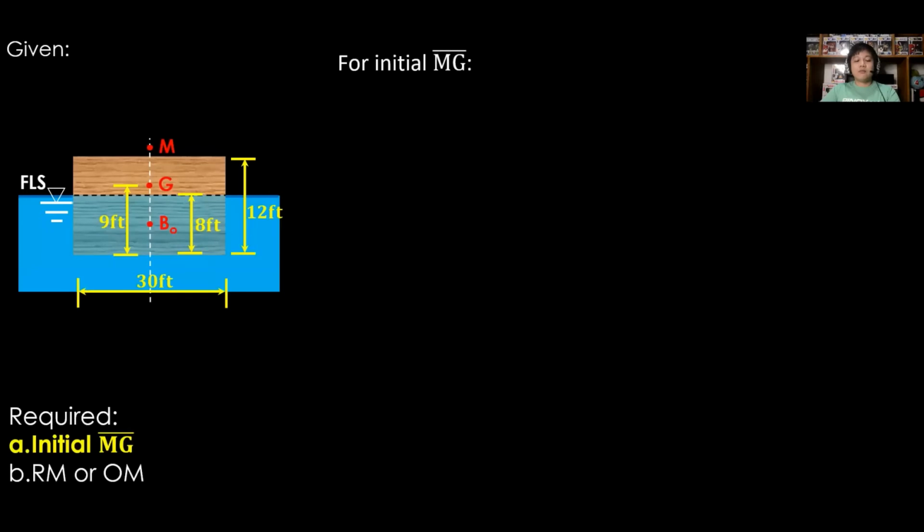For the first requirement, that is the initial MG bar, assign the location of M and BO. BO is at the center of the submerged part of the body. MG bar is equal to MBO bar plus or minus GBO bar. Again, let us assume that M is above G. For the initial MBO bar